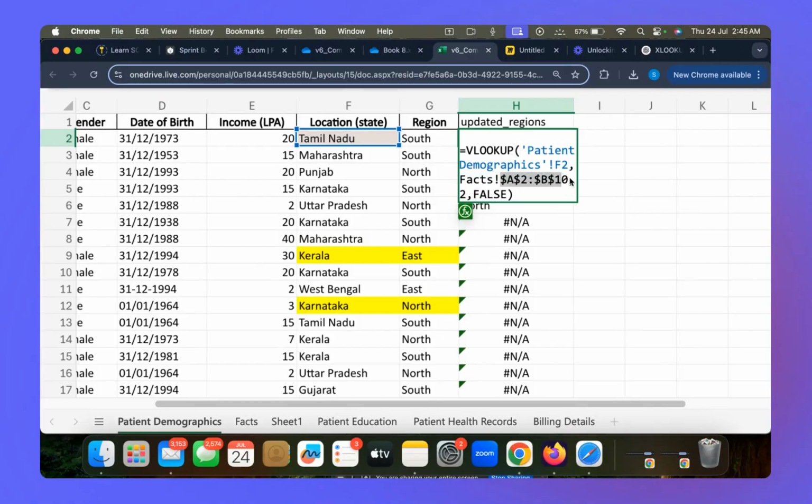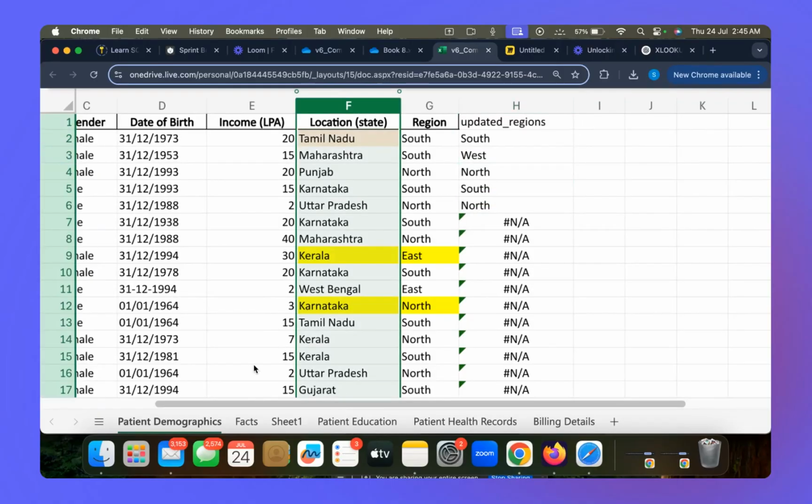No need to listen to this absolute referencing, relative referencing. Just focus on what I'm doing in VLOOKUP. So why did I put a dollar sign here? You need to understand that I wrote the formula for the first cell, but when I dragged it downwards to the next rows, my formula was also updating. I cannot afford my fact sheet to change. It is my reference sheet and this address needs to be fixed.